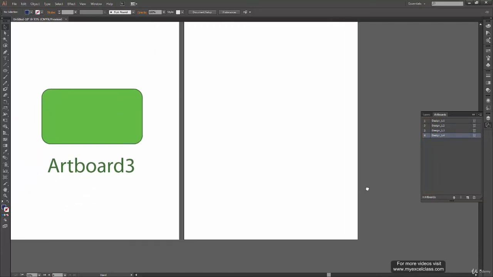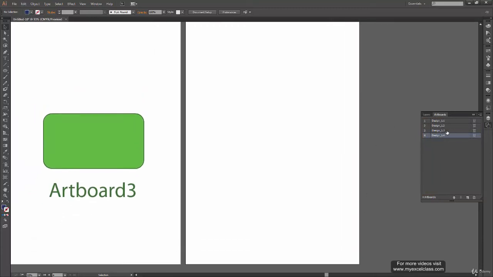Now why I'm naming it 1.1, 1.2, 1.3 is that I'm assuming I'm making some kind of design and having alternate versions of those designs. So let's say in the end the client finalizes the 1.3 version. I'll just export that artboard only, 1.3, and send it to you. It's kind of like version tracking, just a way to keep our files and work organized, nothing else.